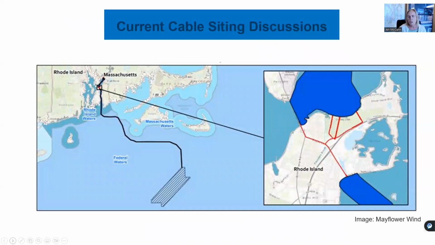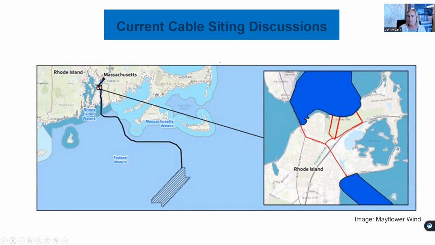So another quick example for New England. This is a regional example where, and again, I believe Suzanne mentioned that a lot of times this has a regional context to it. Obviously Mayflower Wind is also looking for locations to land their cable.